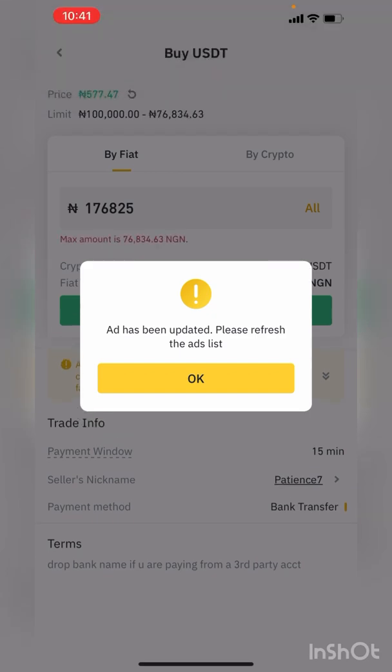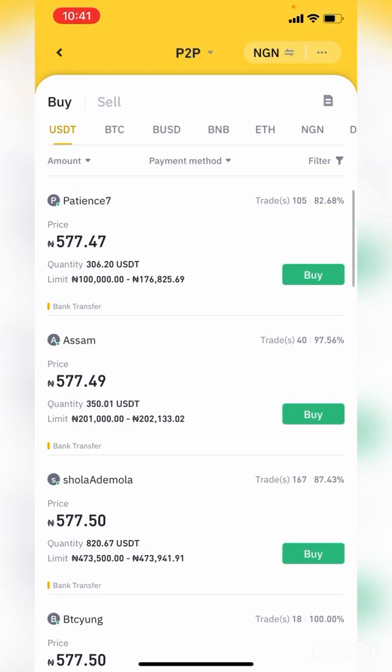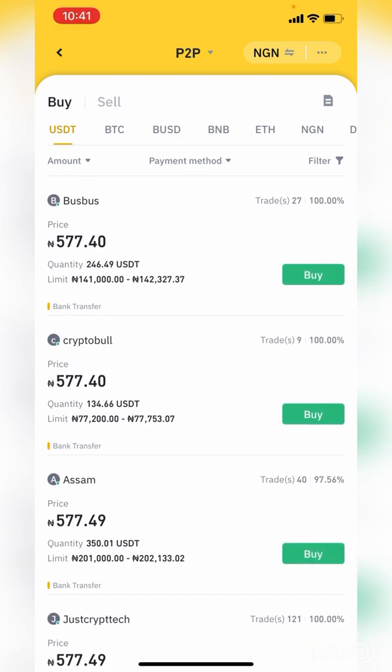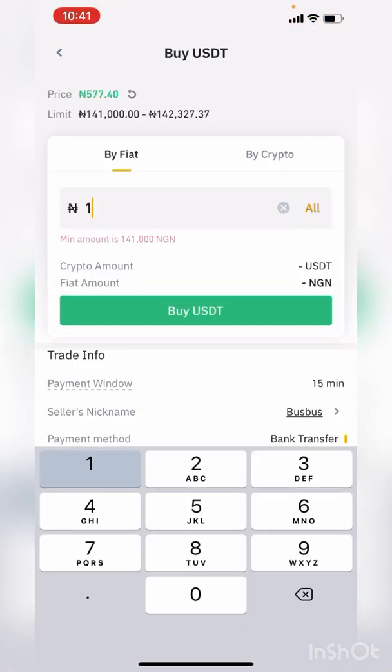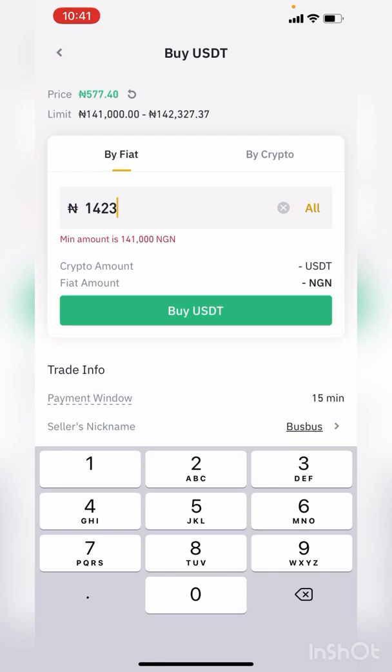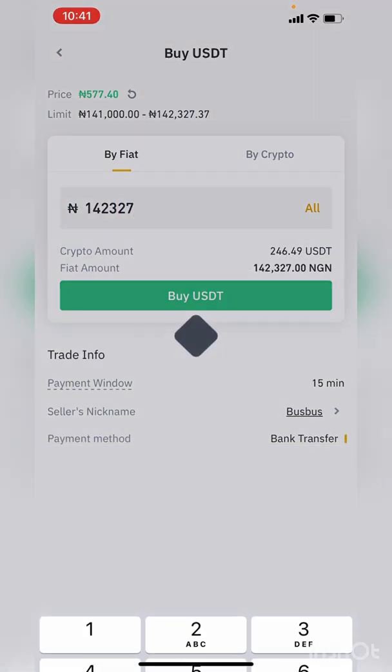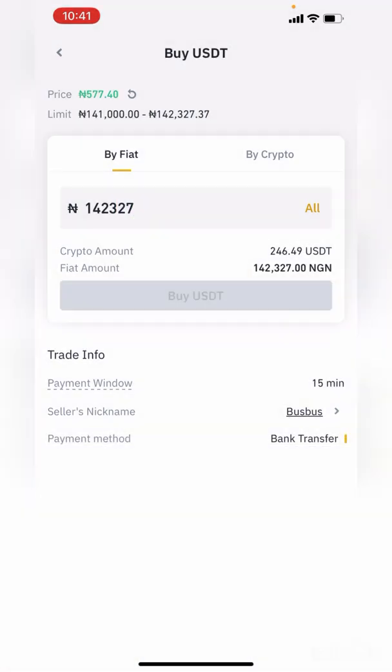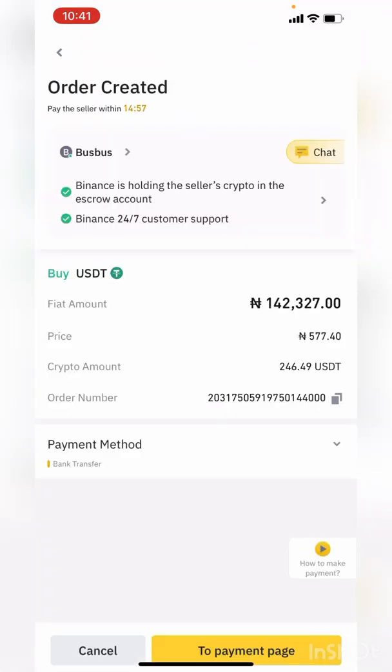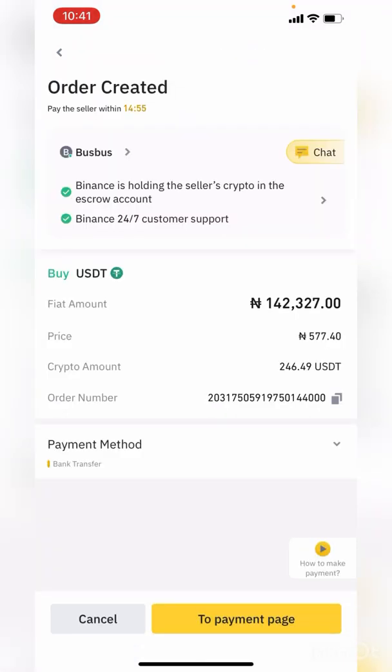The ad has been updated. Please refresh the ads list. Okay, so let's go back and refresh the ads list. Okay, let's start with this first one. The price is 142,327. Buy USDT. So after you click on buy USDT, you allow it to load to a payment page where you confirm